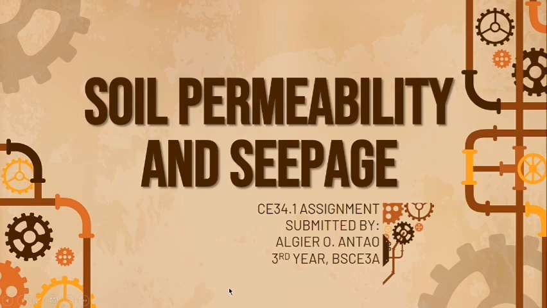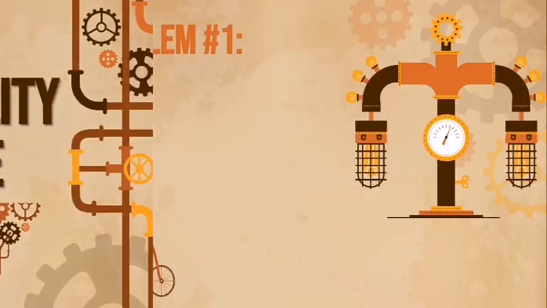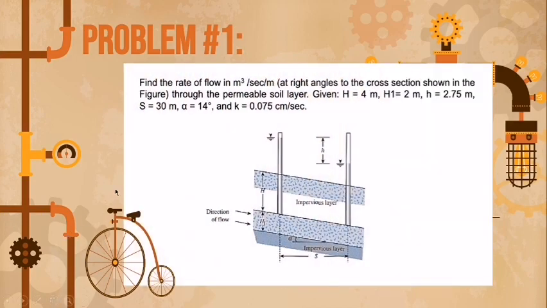Good day, ma'am. So this is how I solve the two following problems given on the topic soil permeability and seepage. In problem number 1, our given is to find the flow rate in cubic meter per second per meter at right angles to the cross-section shown in the figure through the permeable soil layer, given that H is equal to 4 meters, H sub 1 equals 2 meters,